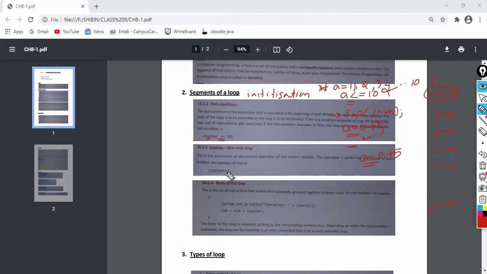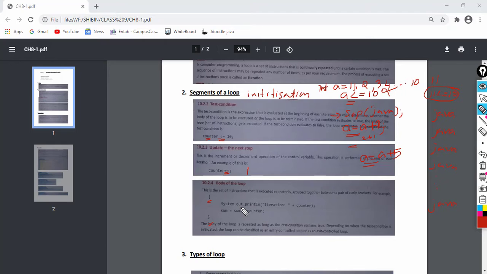This operator you may have seen in the operator chapter. This is the increment operator, isn't it? Post increment. So it will increment the value of the counter by 1. Then next one is the body of the loop. We will write the body of the loop in a block. You already know what a block is: the statements contained inside an opening brace and a closing brace is known as a block.